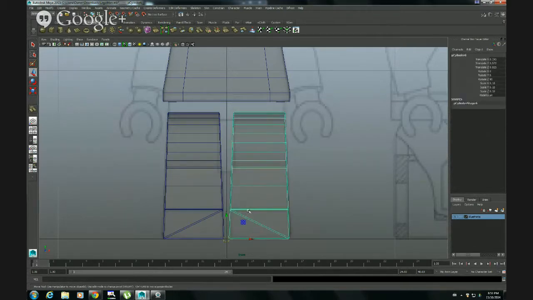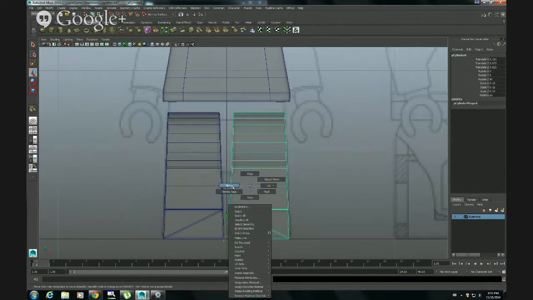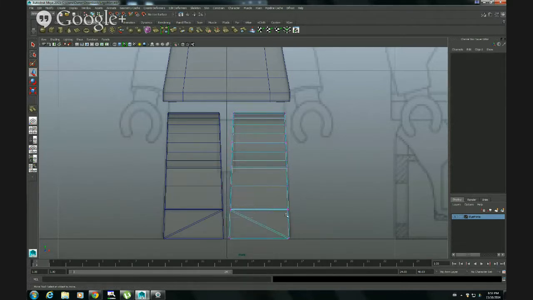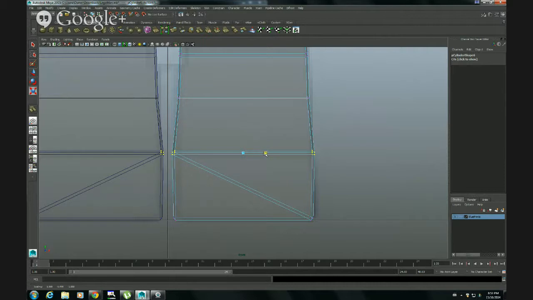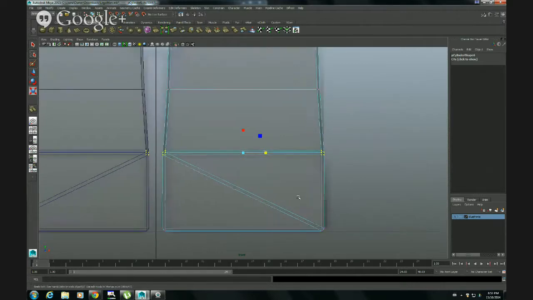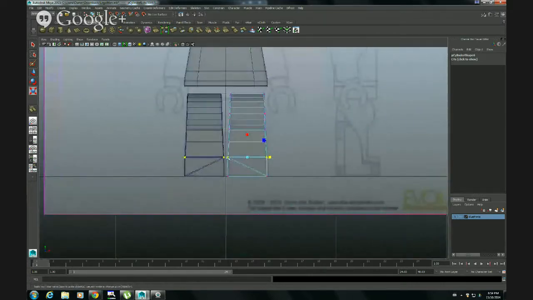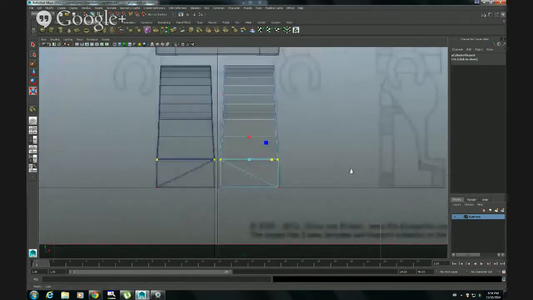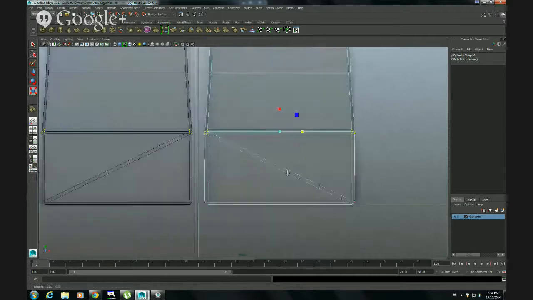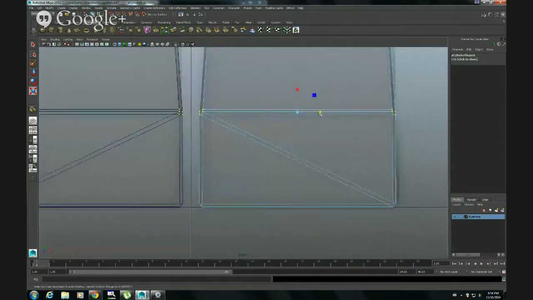and now I have a clean leg like this. I'm going to vertex mode, and I'm going to select all these vertices over here, and widen them up again to leave them at the same distance as the ones from the bottom, because the narrowing starts from here to the top, not from the very bottom. So it starts from here. There, I just have to make sure